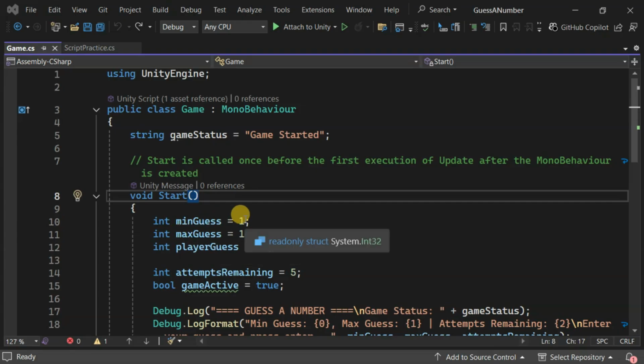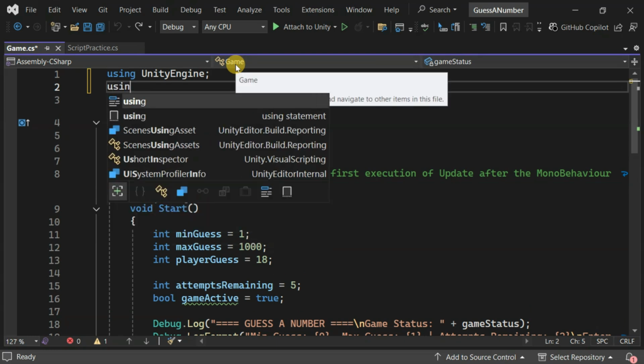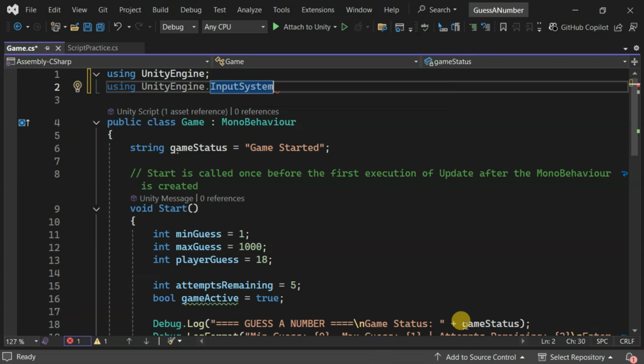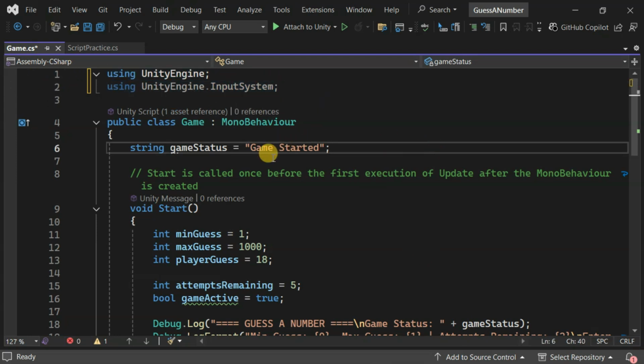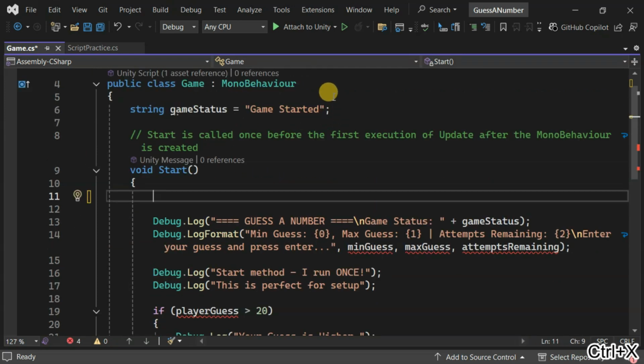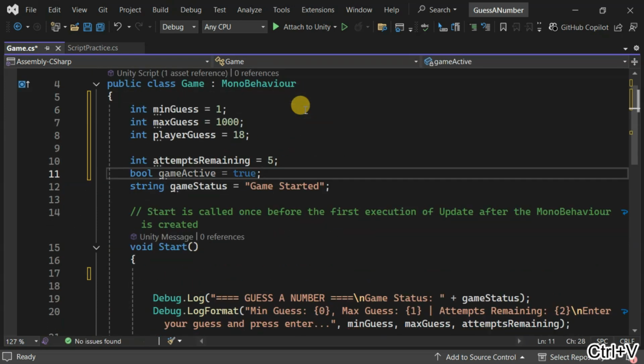Let's look at our current script and make the necessary changes. First, we need to tell Unity we want to use the new input system. At the top of your script, add this line: using UnityEngine.InputSystem. This is like telling Unity, hey, I want to use your new keyboard detection superpowers. Another important step is to move all our variables to the class level so they're accessible across all functions and